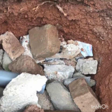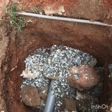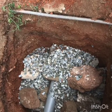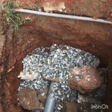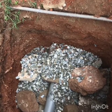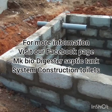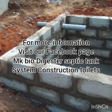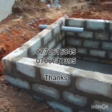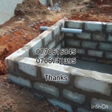Then the designing of the soak hole is done in such a way that the bottom must be 2 feet 6 inches below the bottom of the leachate pipe which will be laid. The depth of the soak hole from the surface of the ground will also depend on the water table for the toilet site. So basically, regardless of how deep the digester bed hole is, we will have to maintain the bottom of the soak hole at the given specification, which means that the water will never have to stay in the digester. There will be a rapid separation of the feces from the water, and then the fecal matter